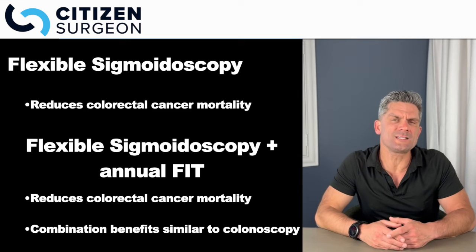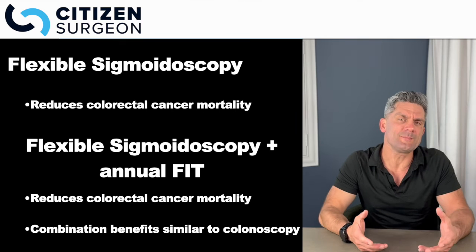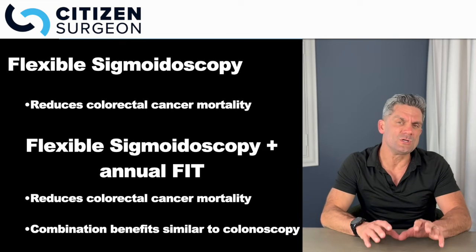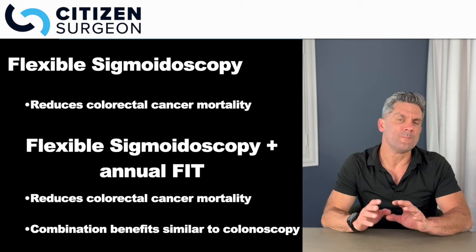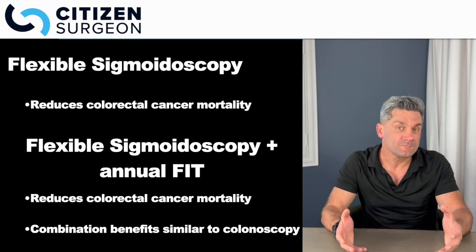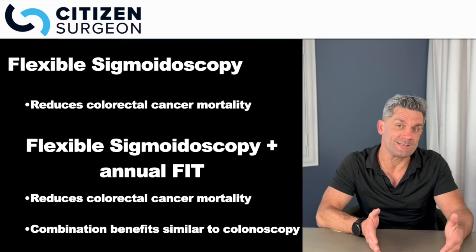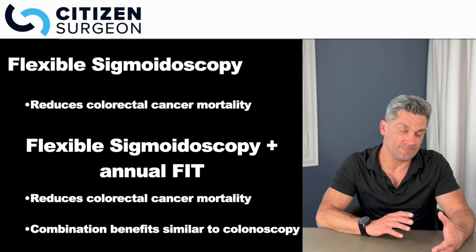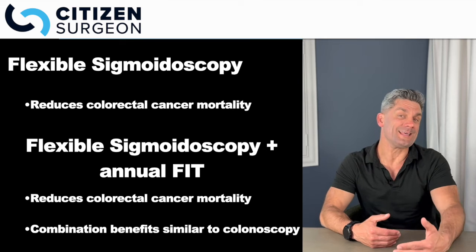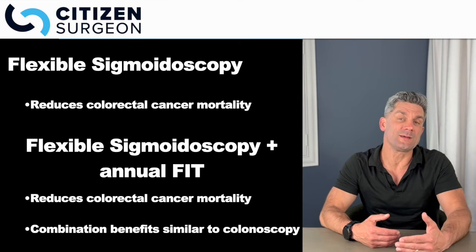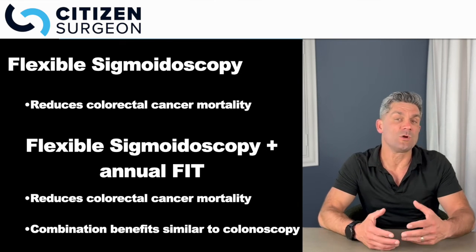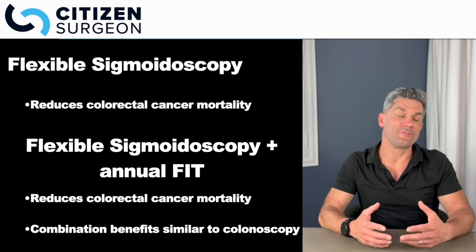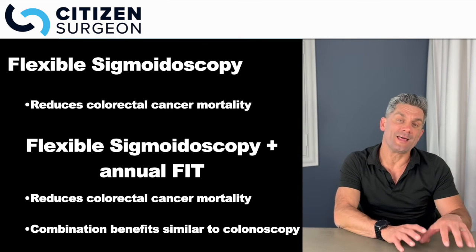Well, how about flexible sigmoidoscopy? Well, flexible sigmoidoscopy has been shown to reduce colorectal cancer mortality, mostly by detecting cancers in the sigmoid colon and the rectum, but it's going to miss cancers in the right colon. So how could we increase the efficacy of flexible sigmoidoscopy? Well, the paper does a really nice job, and there's other references as well, that if we do flexible sigmoidoscopy,